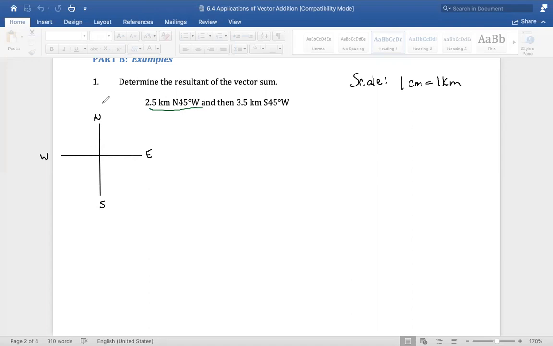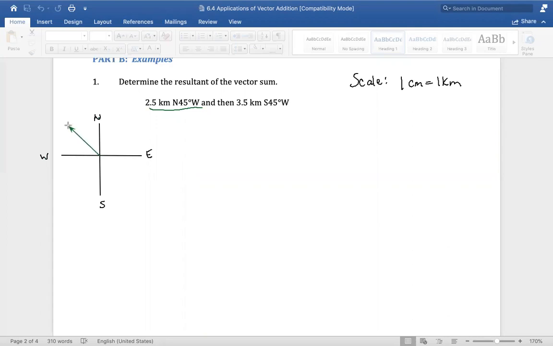I should get my ruler and do 2.5 centimeters exactly, starting north and heading west in a left direction, 45 degrees. So we already know that if this is 90 degrees here, right? 45 degrees is basically exactly the diagonal that cuts that quadrant in half. So let's see if I can do a good job on that. I've got a green. So roughly, and this one is the shorter one. Let's say 2.5